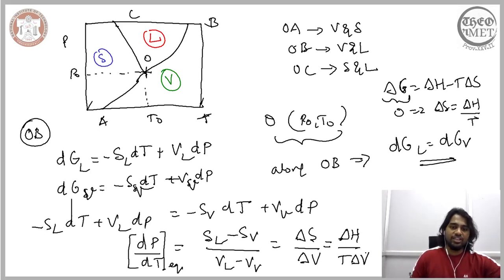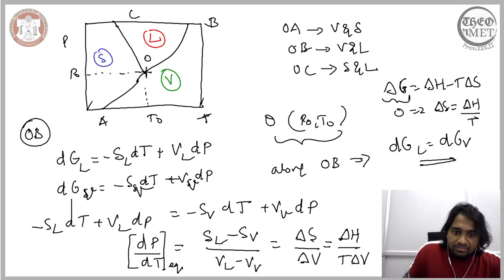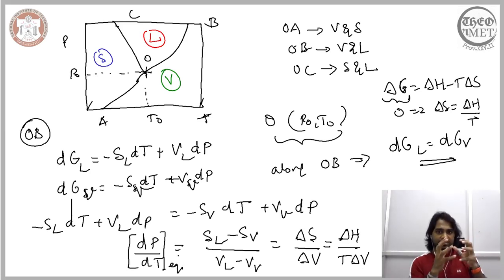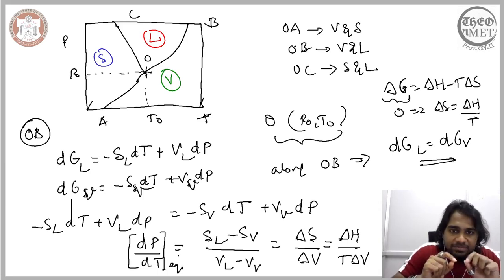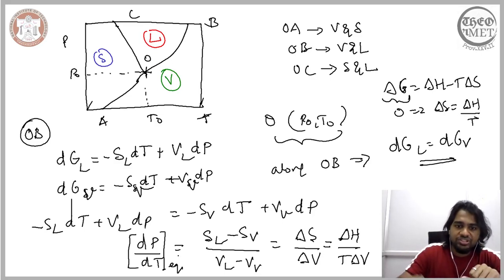Now what we essentially have here is how the pressure changes with respect to the temperature at the equilibrium condition, and it is governed by the change in enthalpy and change in volume at a constant temperature. So you have this change in pressure with respect to temperature at equilibrium. Meaning, if you have a specific melting point, this melting point changes with respect to pressure, and how it changes is what is given by this expression here.